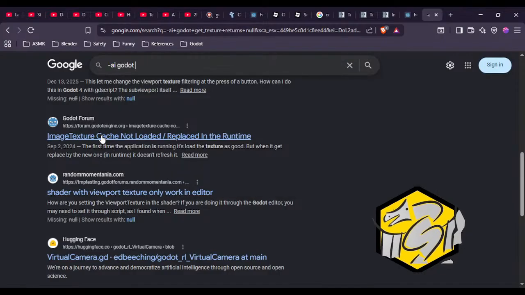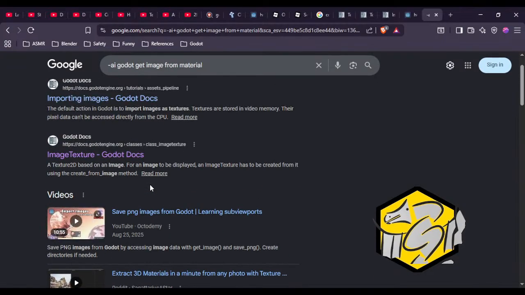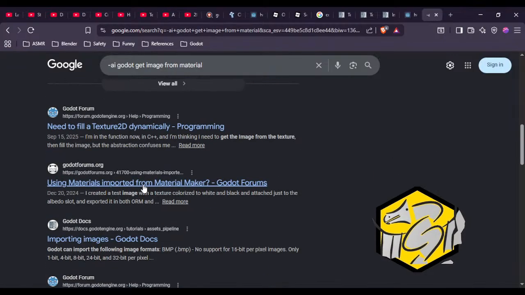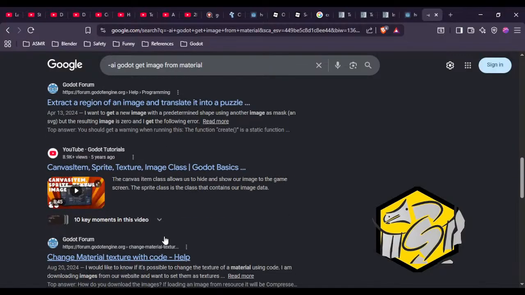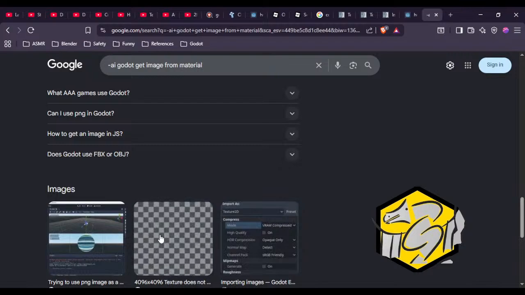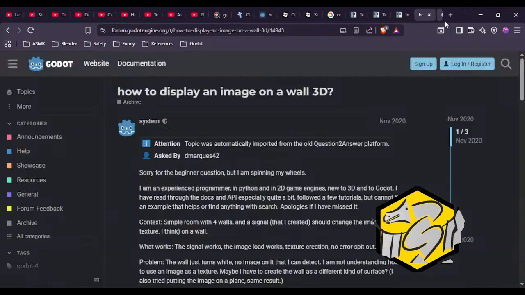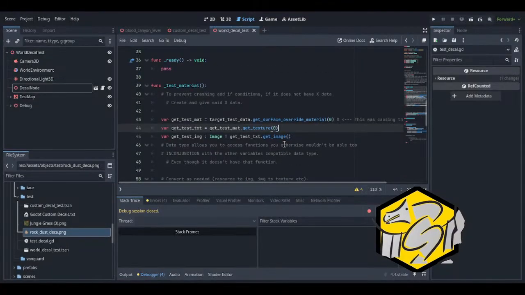Minus AI go dot get image from material. Alright, there must be something wrong with the material here.